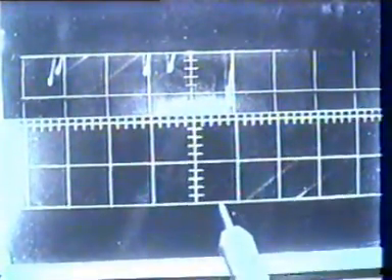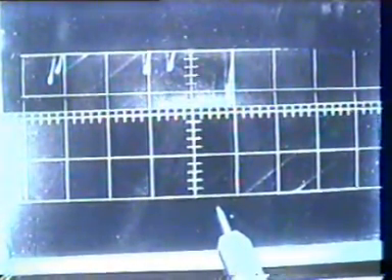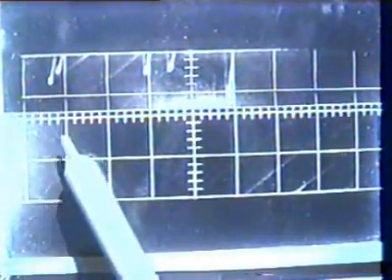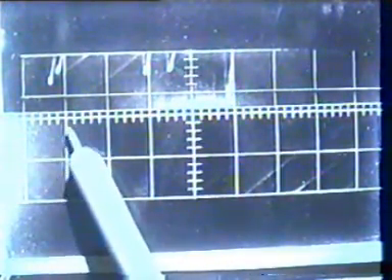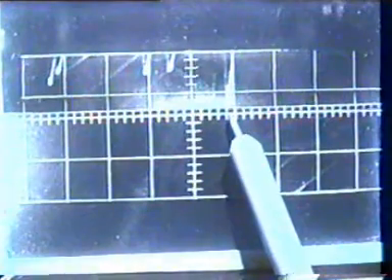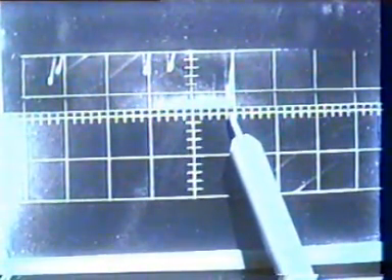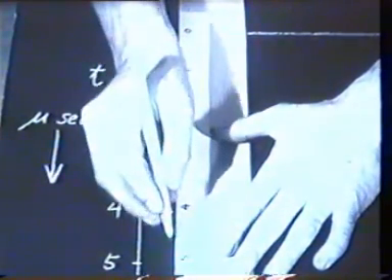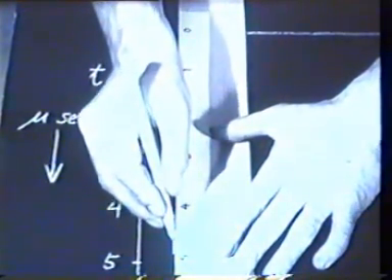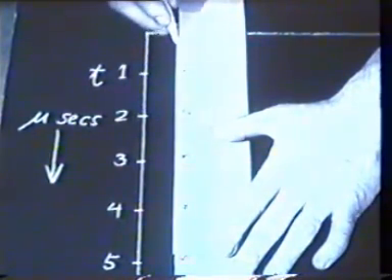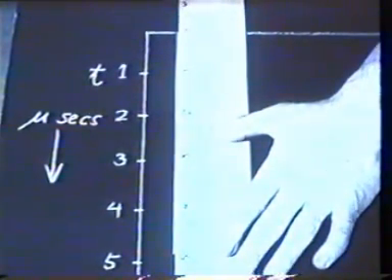There's a convenient ruler to use, simply another exposure of the grid on the scope face. Now I'm measuring from the edge of the mask, and I find that this particular meson lived for 4.85 microseconds. I'm drawing on this expanded scale a line representing the length of the decay time of that meson in